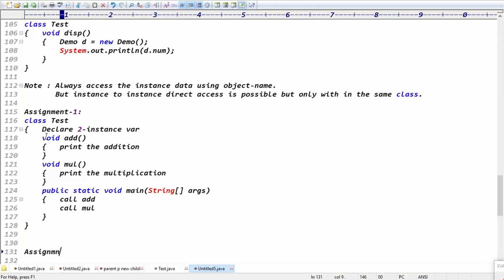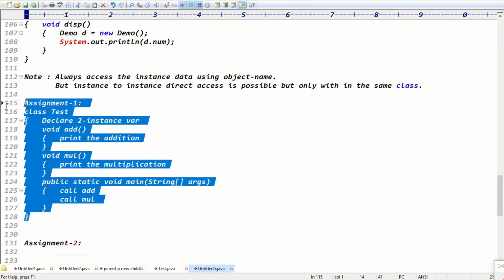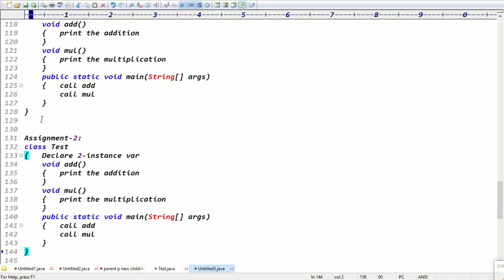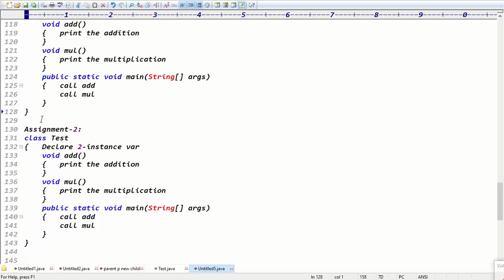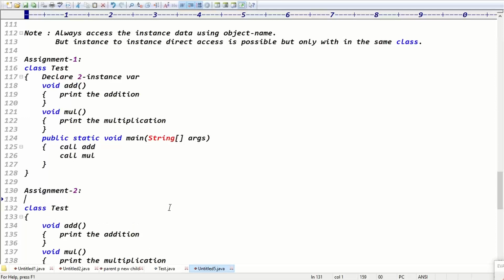And assignment 2. Assignment 2 will be the same code, guys. Same code again, you can copy paste. But previously I declared these two variables inside the same class. Now please declare these in a different class, guys.